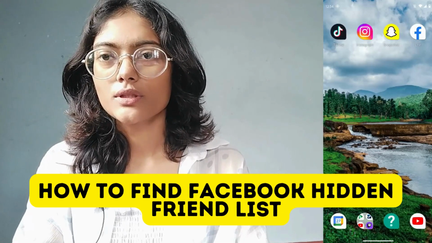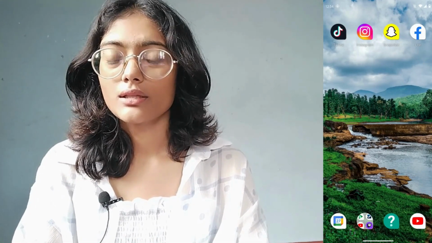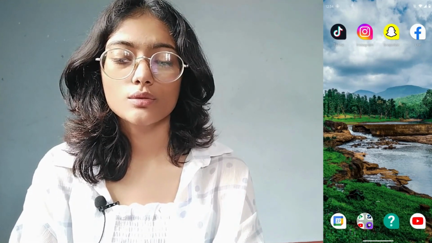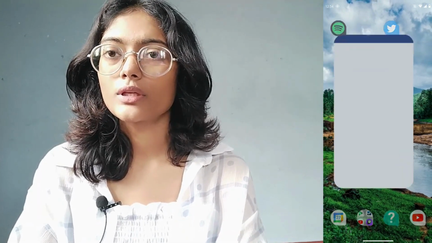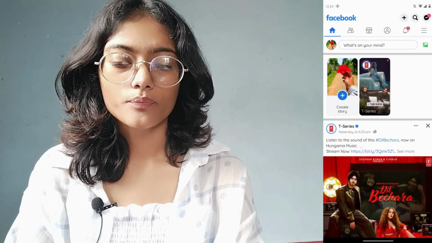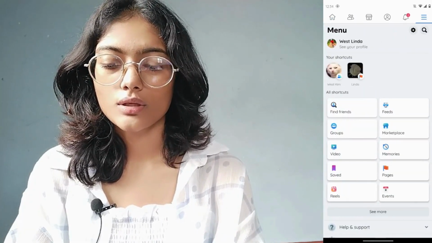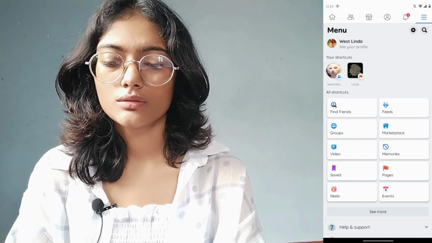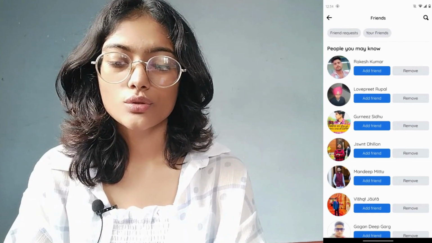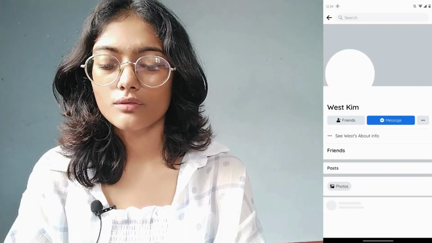How to find Facebook hidden friend list. So if you want to find friend lists that are hidden, then let's see. First we have to open up your Facebook application, and then after opening, if you go to your upper right corner, which has the three barred icon, and then you can go to friends or find friends, and from here you can go to your friends, and under your friends you can simply tap on any one of your friends,